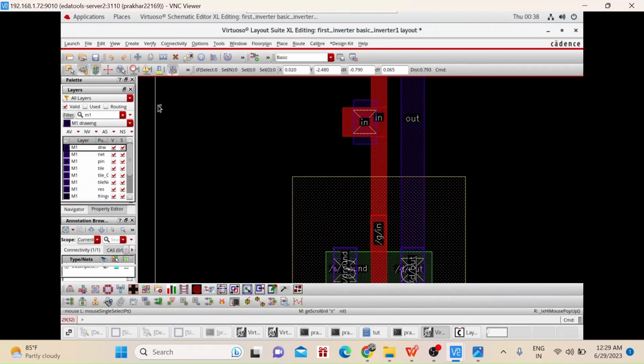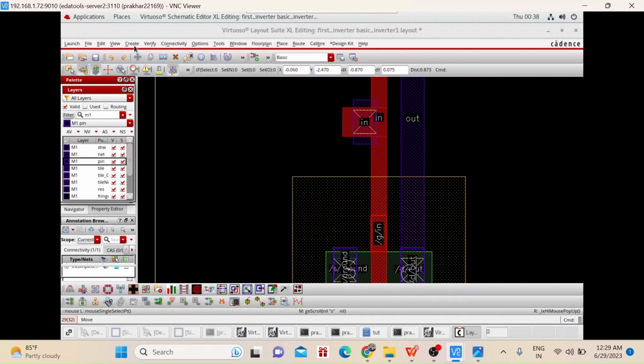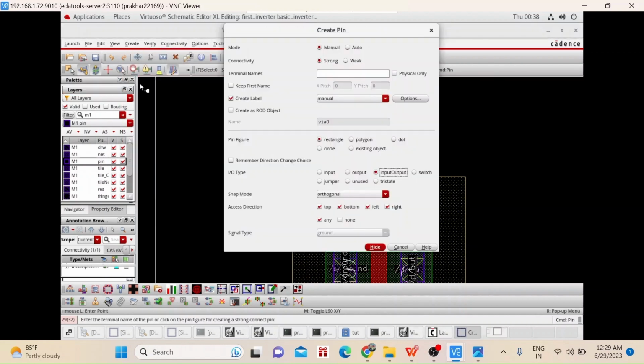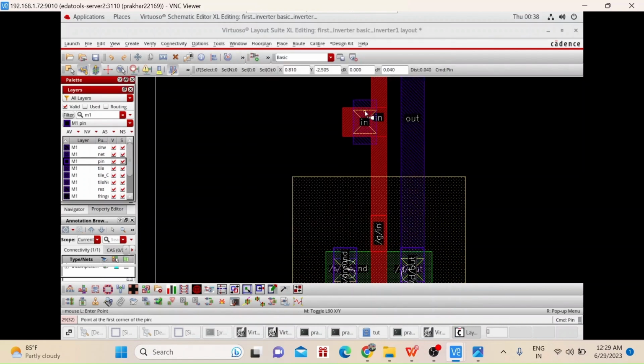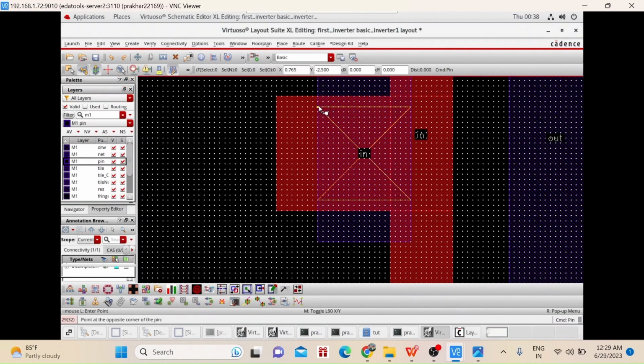Let me give pins also. For that, press M1 pin and create pin. Select IN for input pin. Select input and then give input connection very carefully and gently.